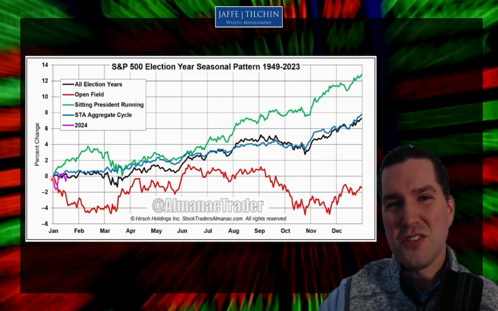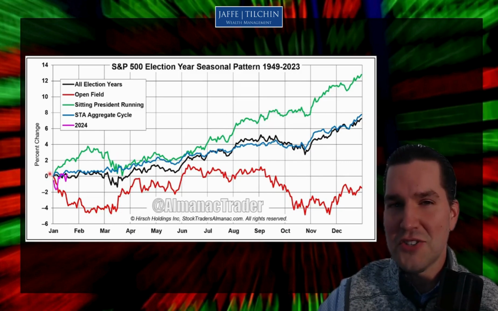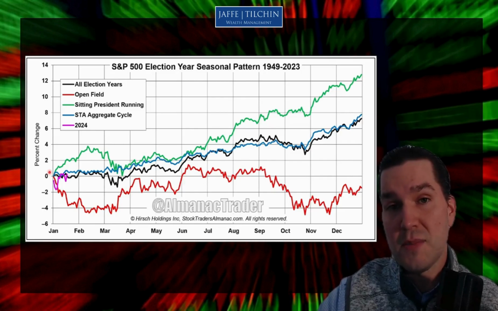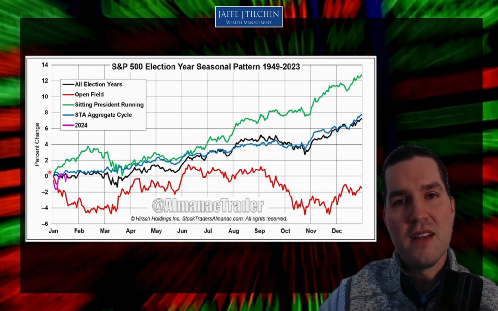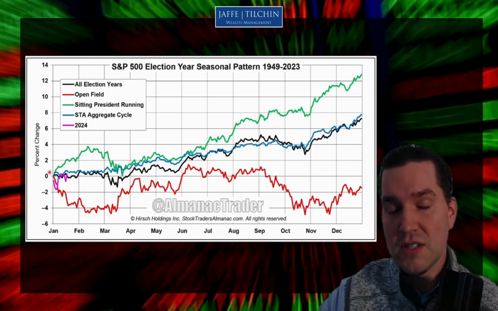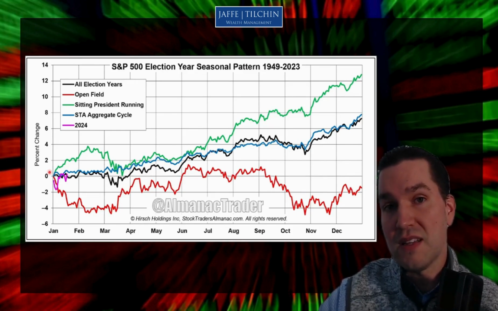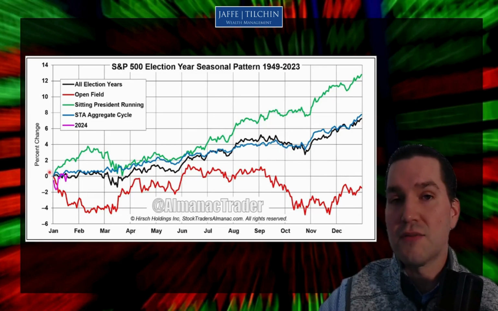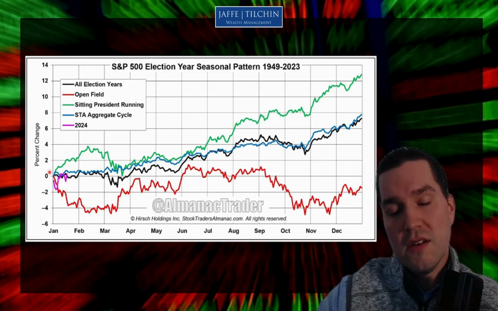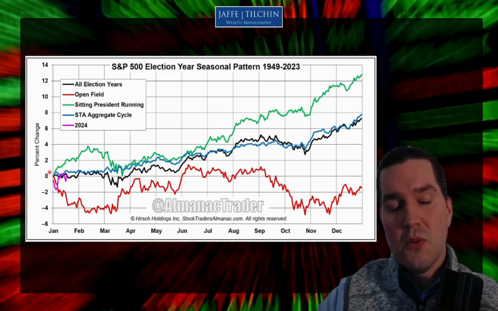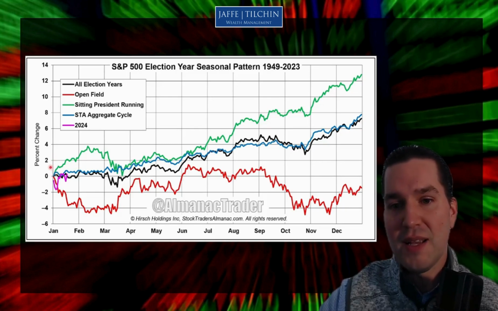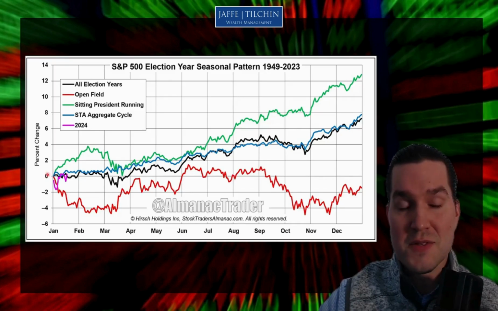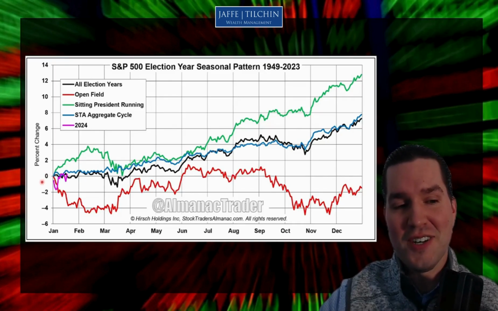And what's amazing about this chart is I didn't know this chart until I found it, but if you would have asked me what election years were like, I would have said, well, they're pretty bumpy in the early part of the year, and they're bumpy again as we go into the election, but then after that, there's typically a lift to the market. That's what I've been saying for years about how elections go. It was based on my personal experience. What I love is now that we found the data, we found the aggregates, we found the timing, all the rest of that, and it corroborates what my lived experience has been. So now I'm really inclined to believe this chart.